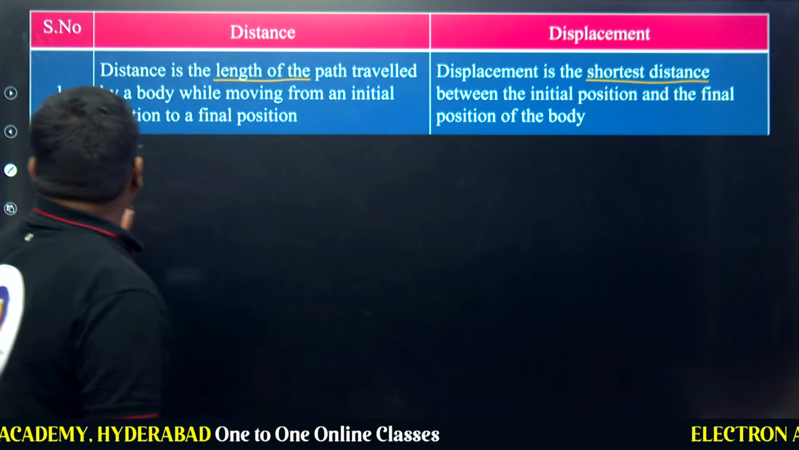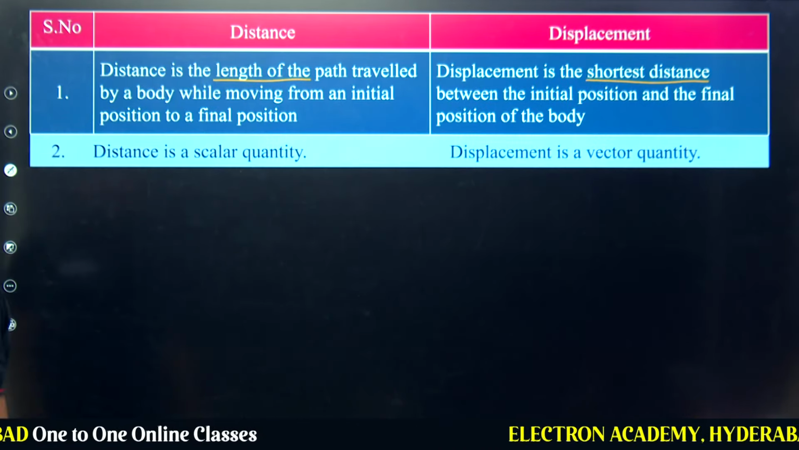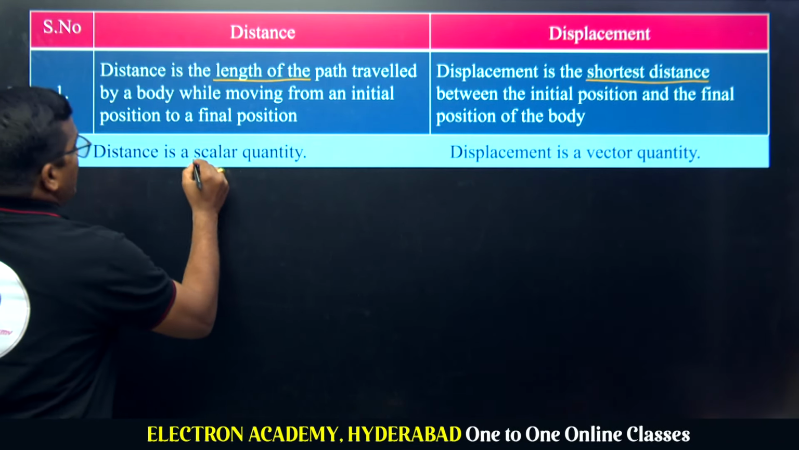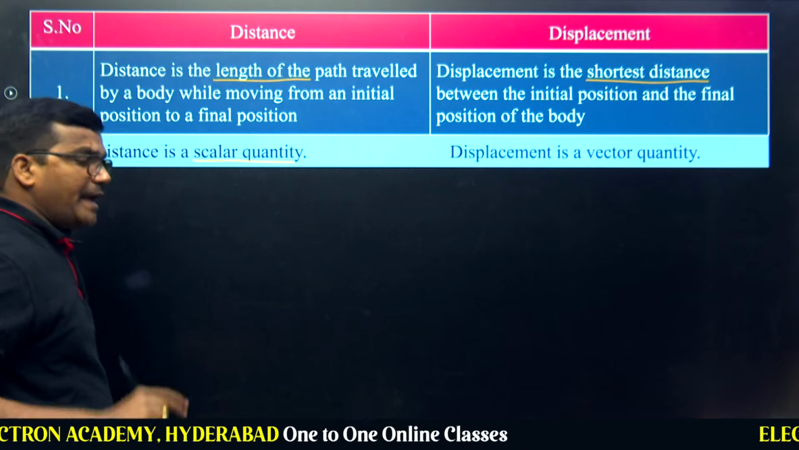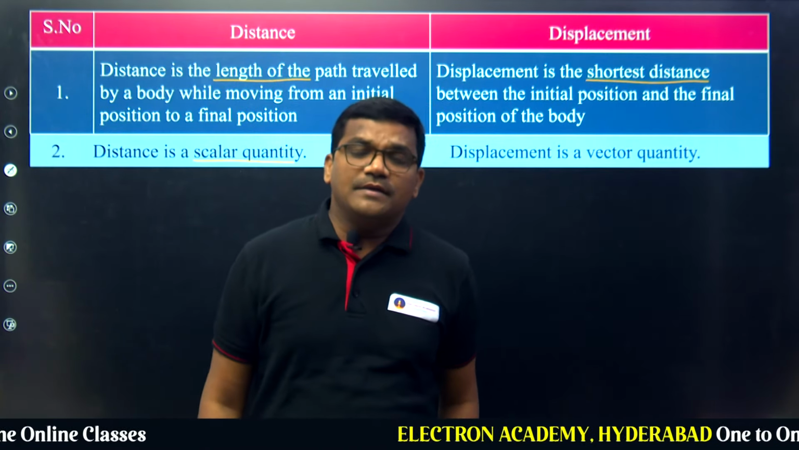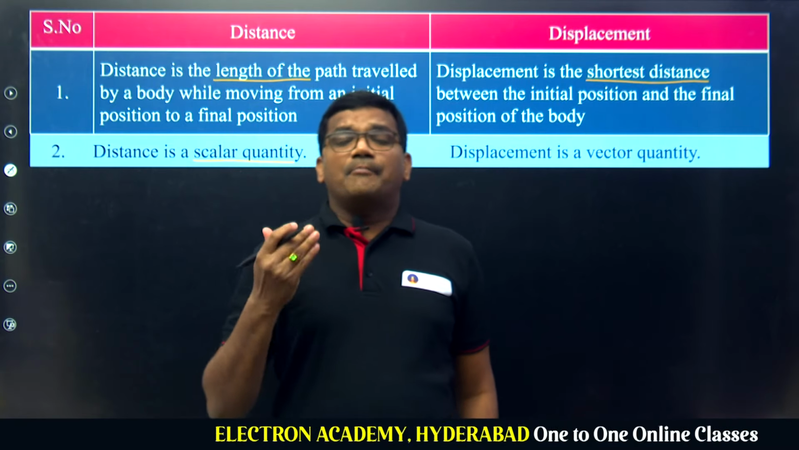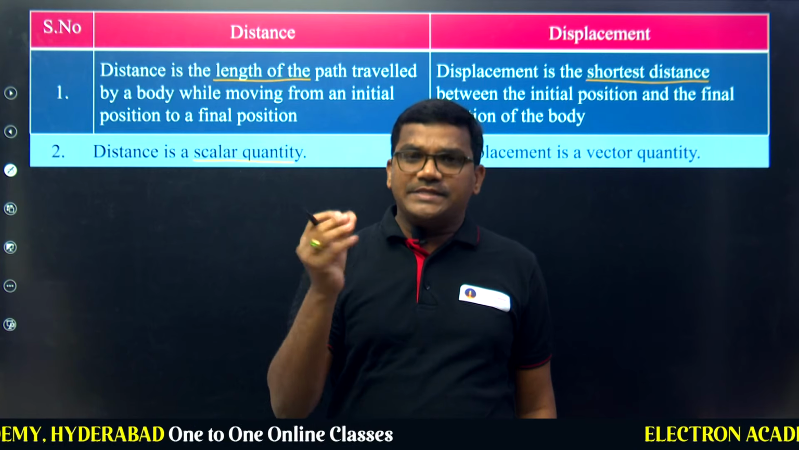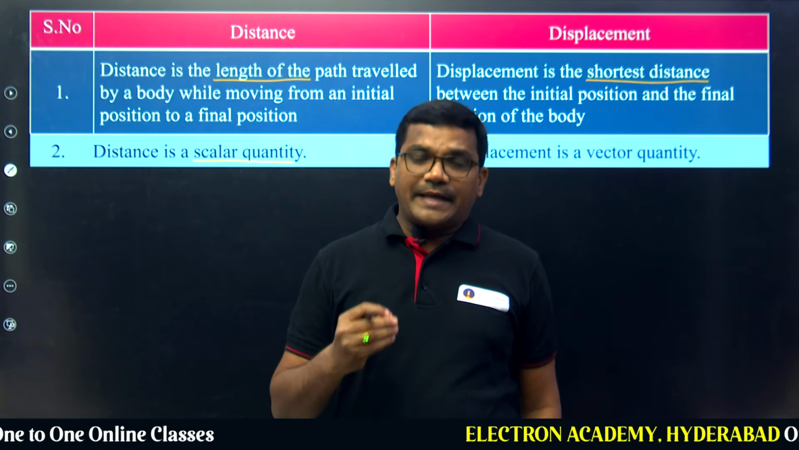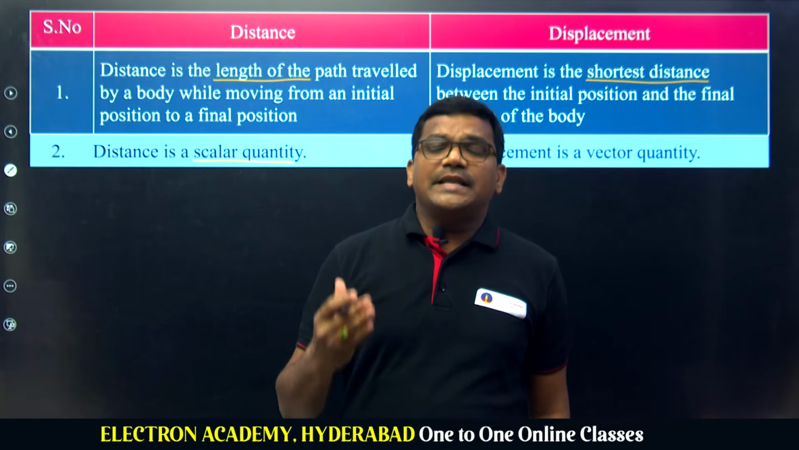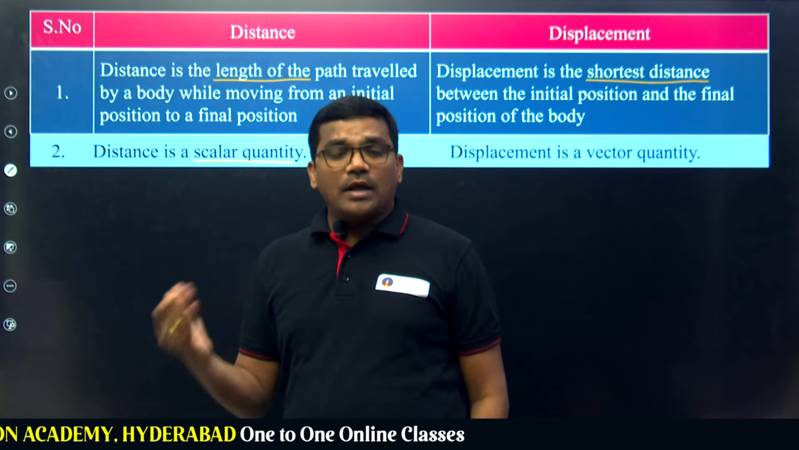Next, second point, distance is a scalar quantity. Scalar quantity means a physical quantity which has only magnitude. Like mass, mass has only magnitude, right? 20 kg, there is no direction. Time, 20 seconds, there is no direction. So mass, length, time, distance, these all are